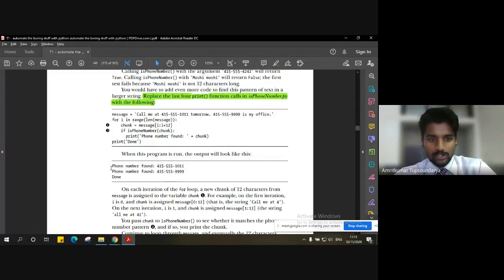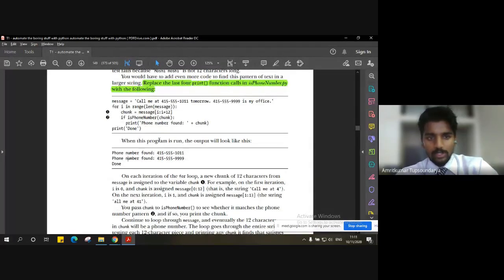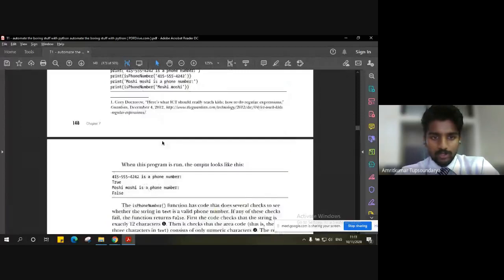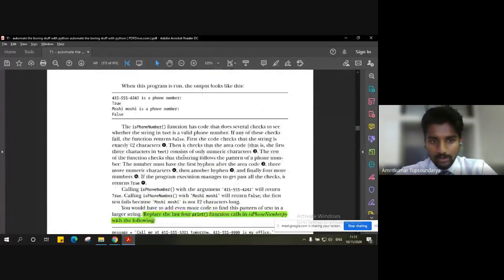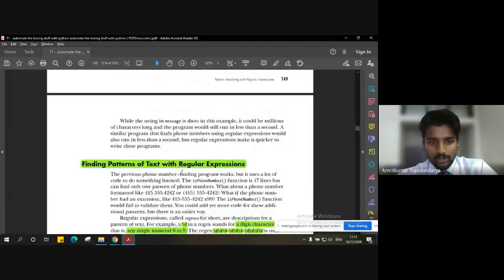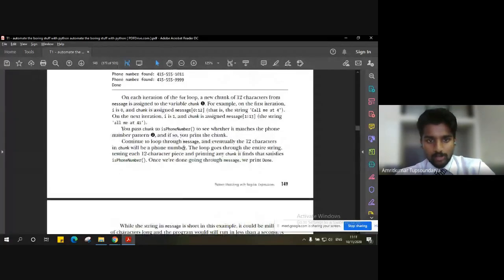Ultimately, it will check the phone numbers present in the whole message and say that the phone number found is so and so, and then it is done. That was just a simple replacement of those four lines from the previous program. So we went ahead to discuss these programs.